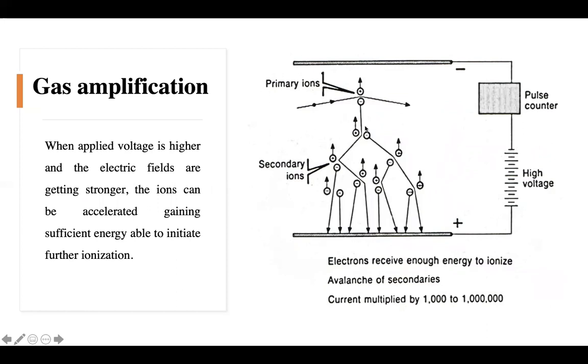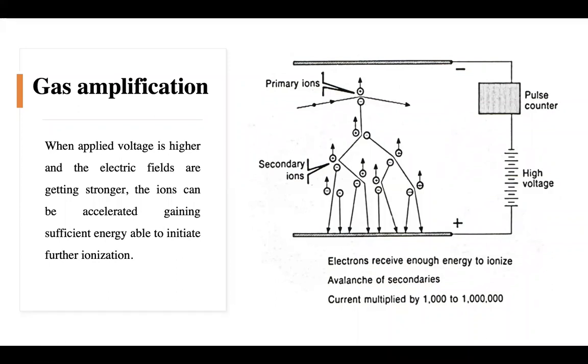This is the region of the ionization chamber. Primary ions just hit the gas and produce electron and ion. So in the ionization chamber region, we just measure this. That's why we say the signal from the ionization chamber is very low, because only what is produced by radiation will be measured. But when we apply higher voltage, the produced ions and electrons will be accelerated, meaning they will gain more energy,